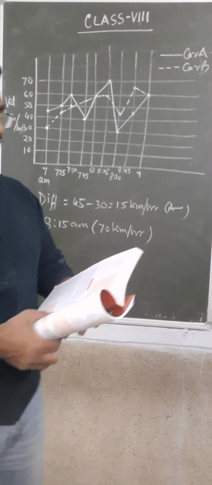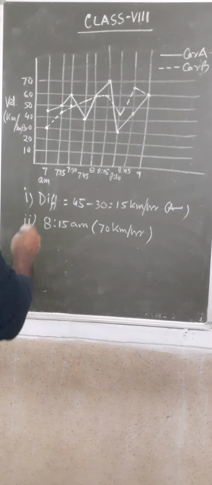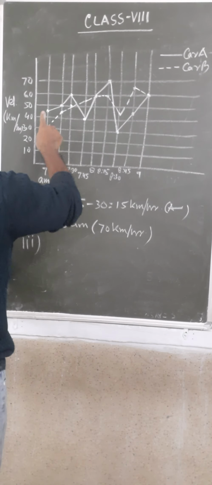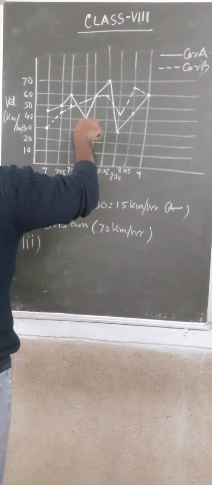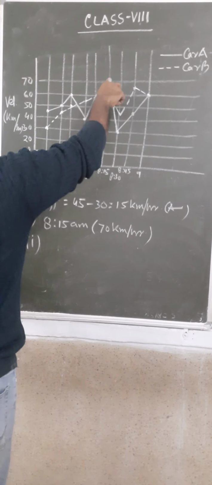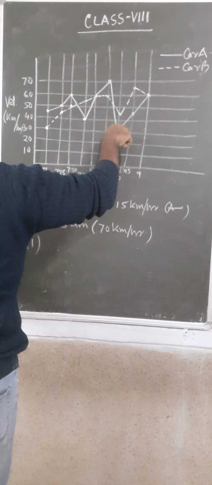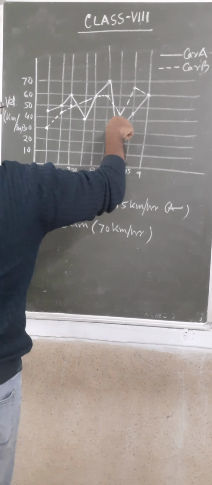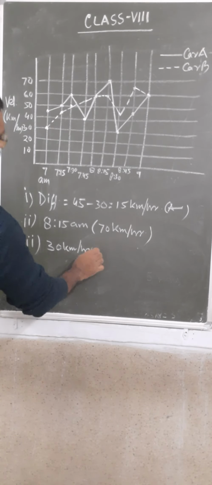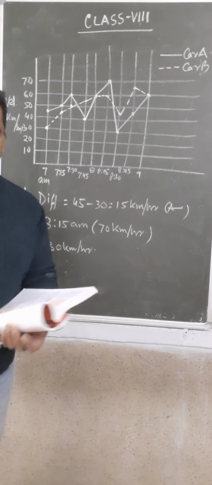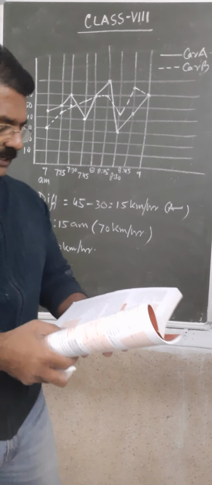What is car A's minimum velocity? See, 45, 50, 60, 40, 60, 70, 30, then increasing. So 30 km per hour is the minimum. The minimum speed of car A is 30 km per hour. Now the next,